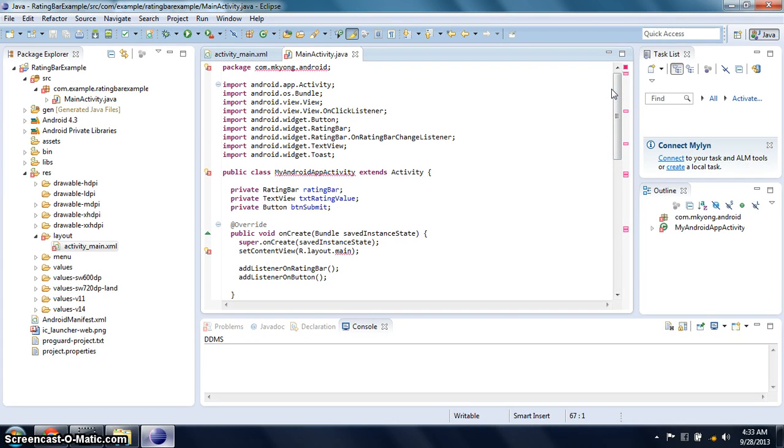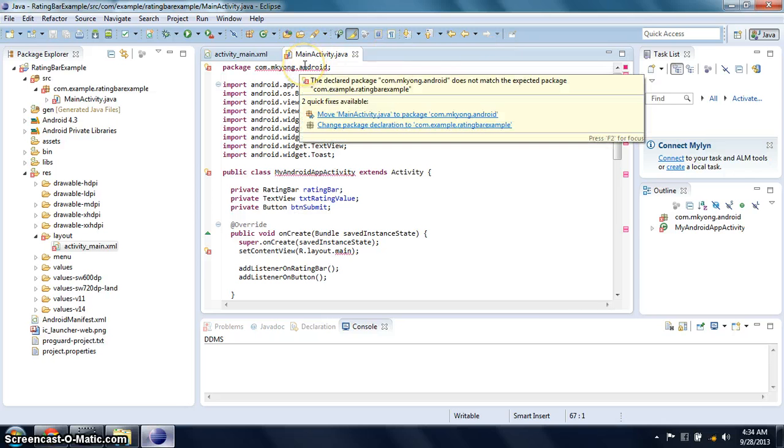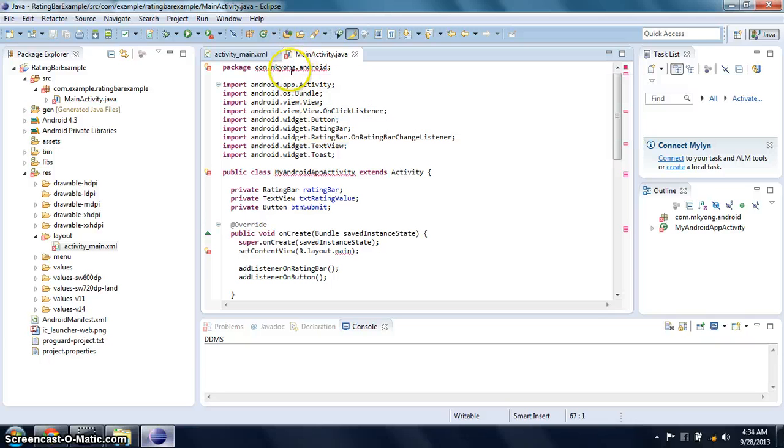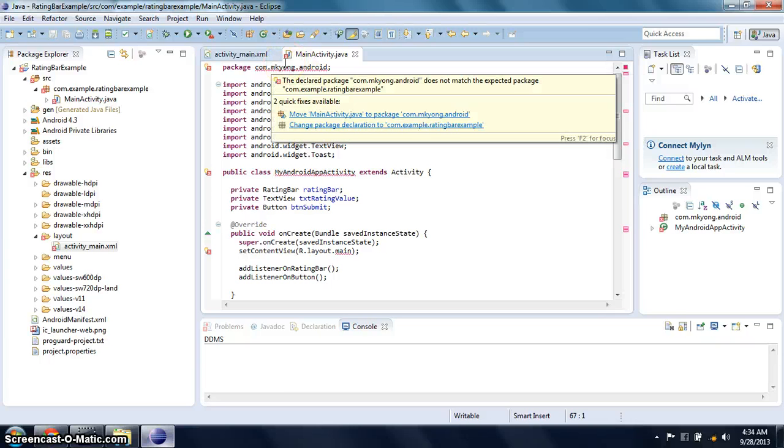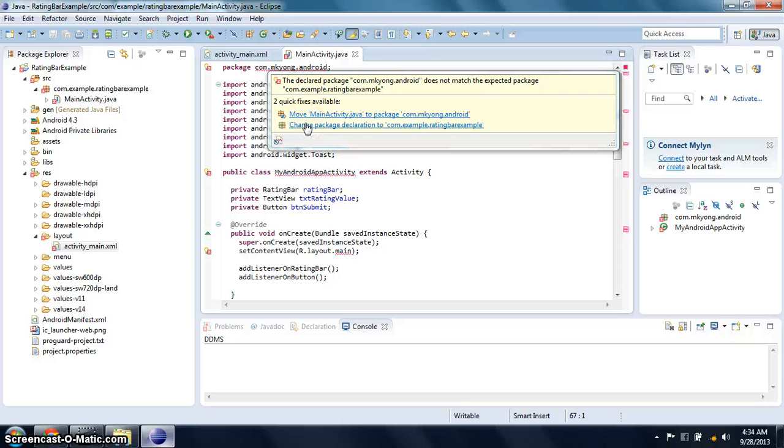So notice that there are some errors in the codes, so no need to worry about that. Just lay the cursor above the errors, then automatically it will be fixed.